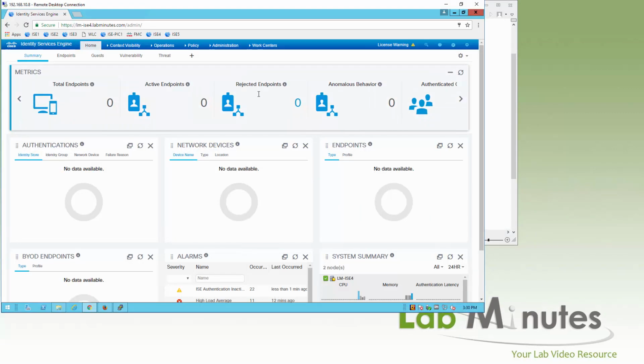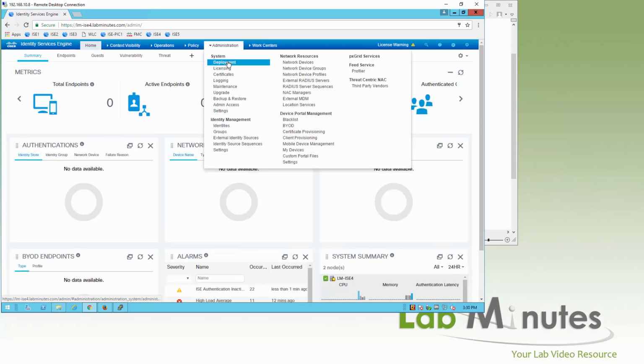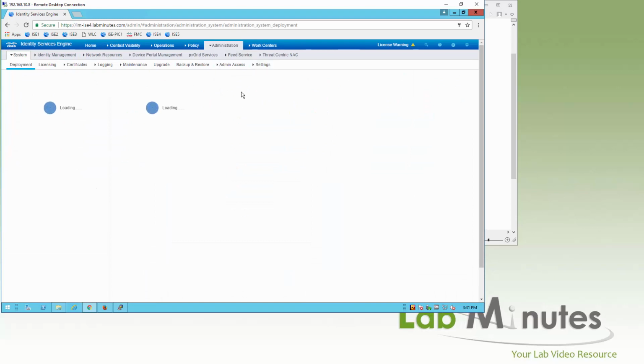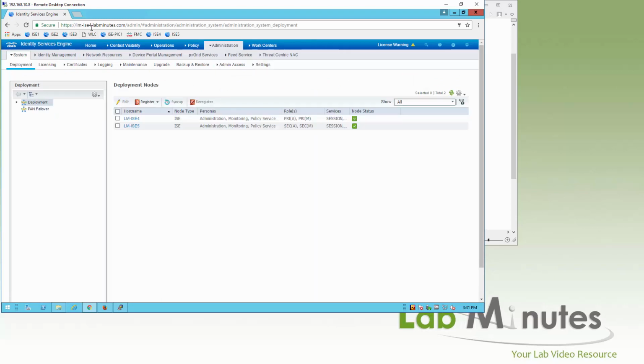Go to the RDP session, and this is by going under Administration, Deployment. And currently we are logged into ISE4. So we are seeing both ISE4 and 5, and their node status are showing as connected. So this is what you want. If you have anything showing as disconnected or down or syncing, then you definitely don't want to proceed